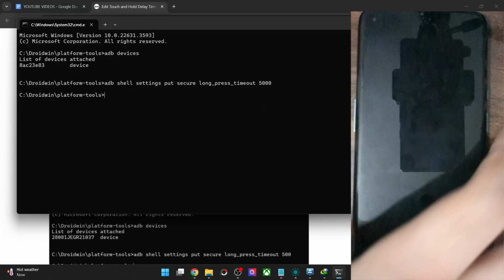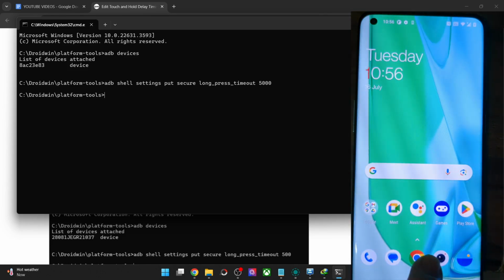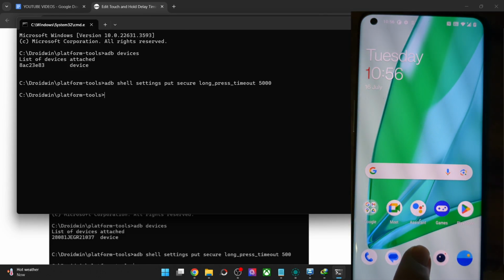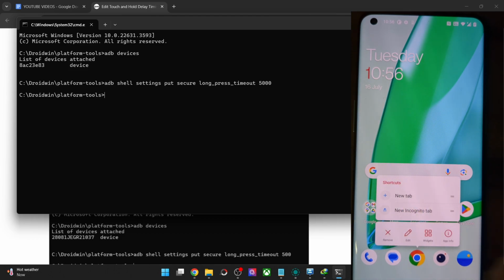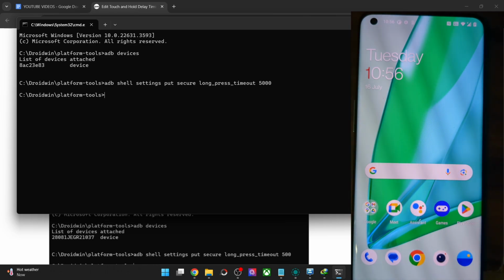seconds and hit enter. And now if I long press, I'll have to keep on long pressing on the app icon for around 5 seconds. And once the time frame elapses, you could see now I get the app icons and the menu after 5 seconds. Now if you want to change it to any other value, you will first have to do a